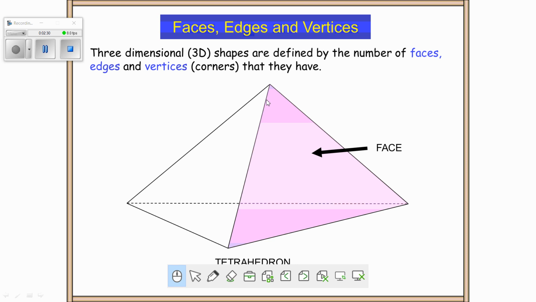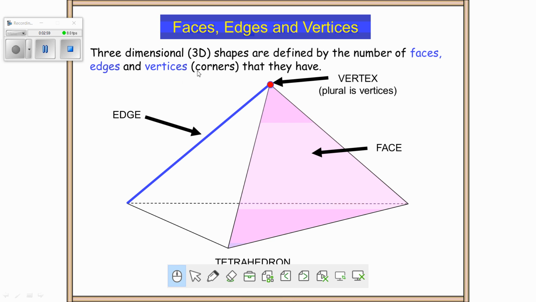Edge is the line that connects two faces together. Look, it's an edge. Now I know the face, I know the edge,